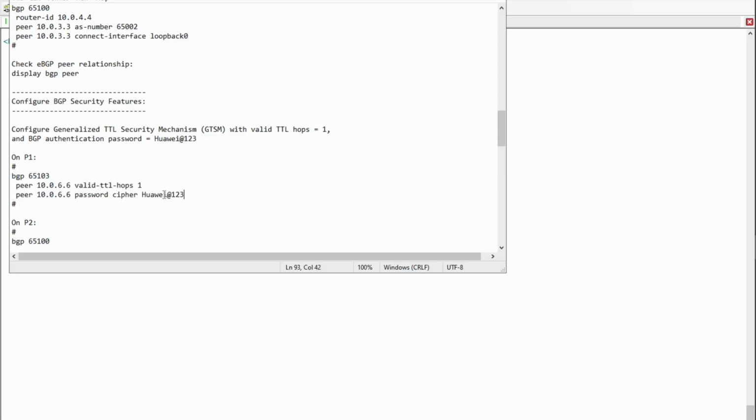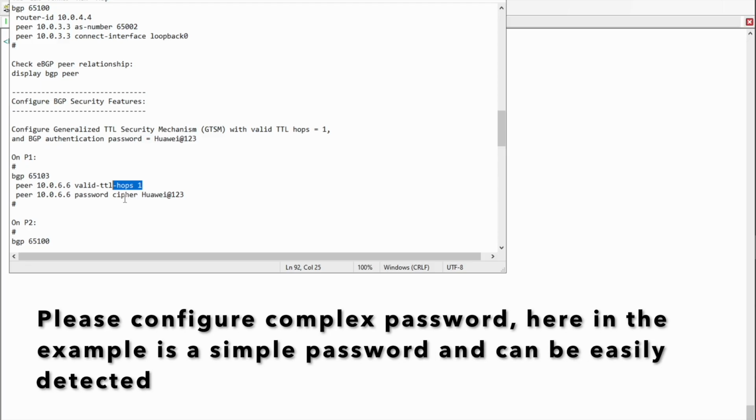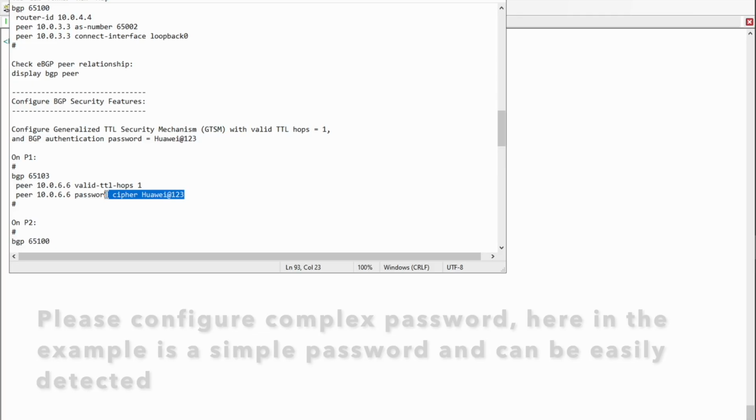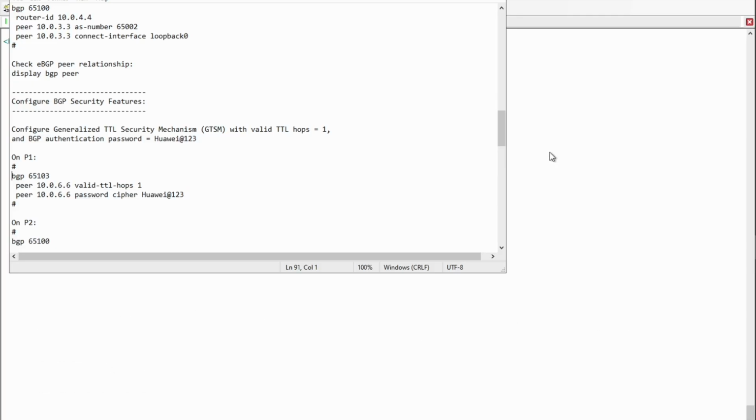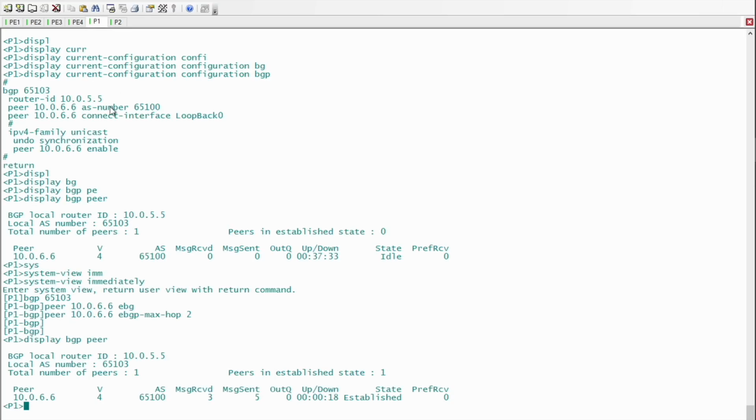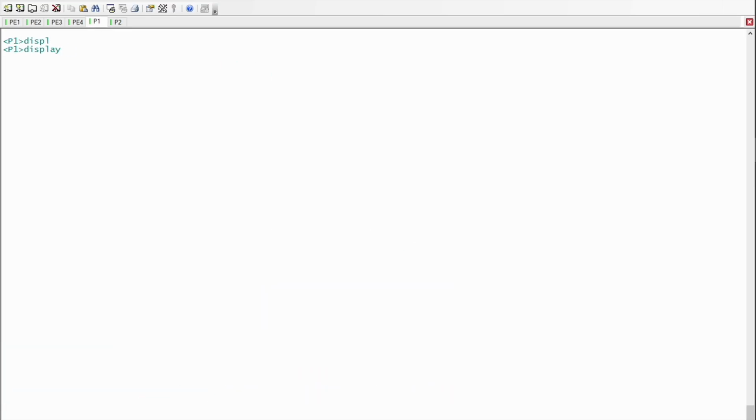So in this task, we have added two levels of security: to configure GTSM with valid number of hops as one that is needed to each peer, and to configure BGP authentication. Even if the attacker can send an authorized TTL, it will be hard for the attacker to know the configured BGP password. Before I copy this script, I will review the BGP configuration on P1, display current configuration,